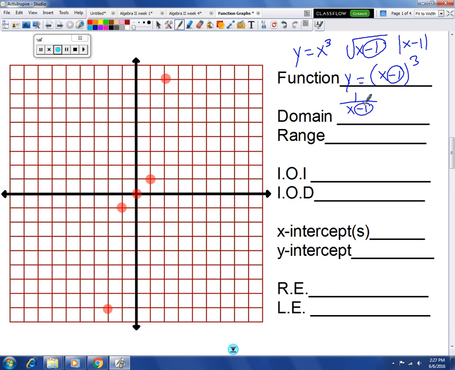The fraction, the root, the absolute value symbols, the parentheses, those are all grouping symbols. The minus 1 is right there with x. That means I'll shift left or right. Now it's kind of